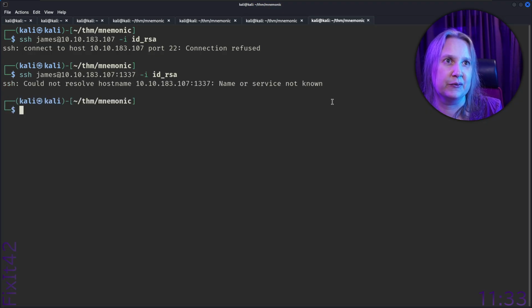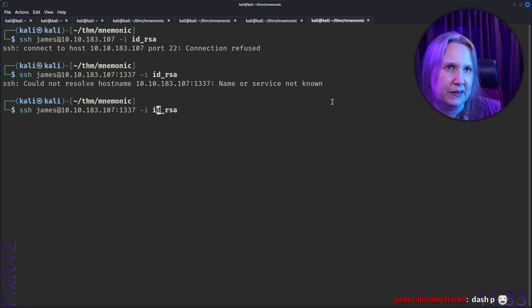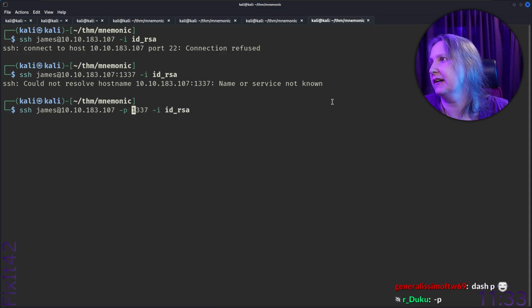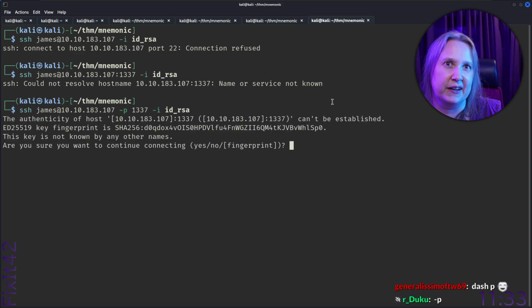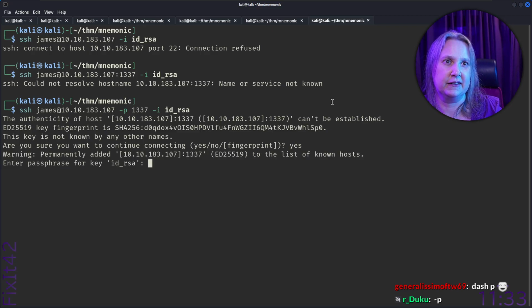Could not resolve hostname. And did I have another colon? No, this is not it. We need to set the port with -p. Yeah, -p. So I'm trying stuff, and we got there. And I need to copy the password, or I can actually type blue love.